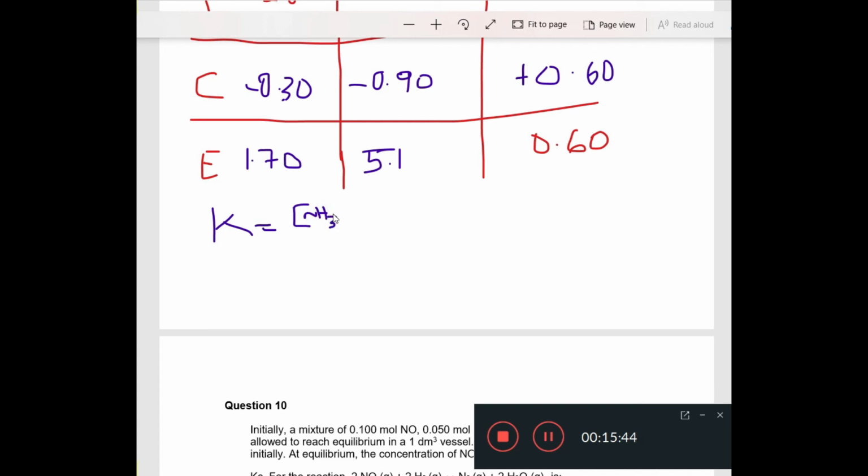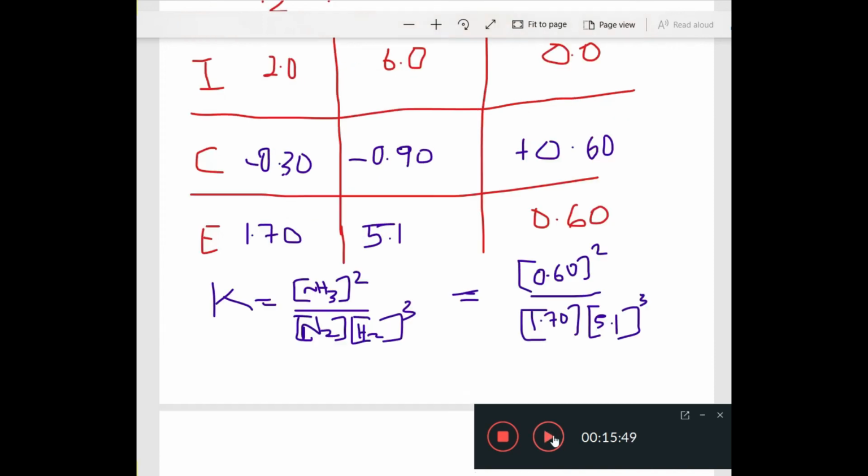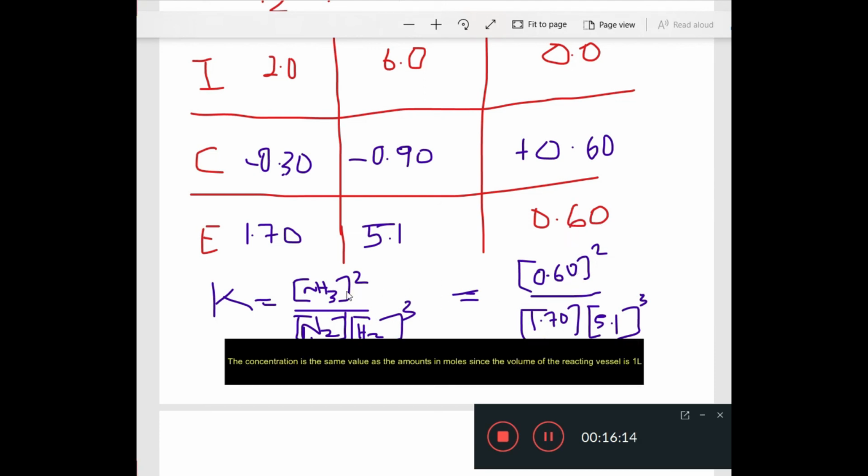raised to its stoichiometric coefficient, so the ammonia is raised to its coefficient, which is 2, over the concentration of nitrogen raised to its coefficient, which is 1, and times the hydrogen concentration raised to its coefficient, which is 3. And then we fit these values into that equation. So 0.6 mole of ammonia squared over 1.7 mole of nitrogen times 5.1 mole of